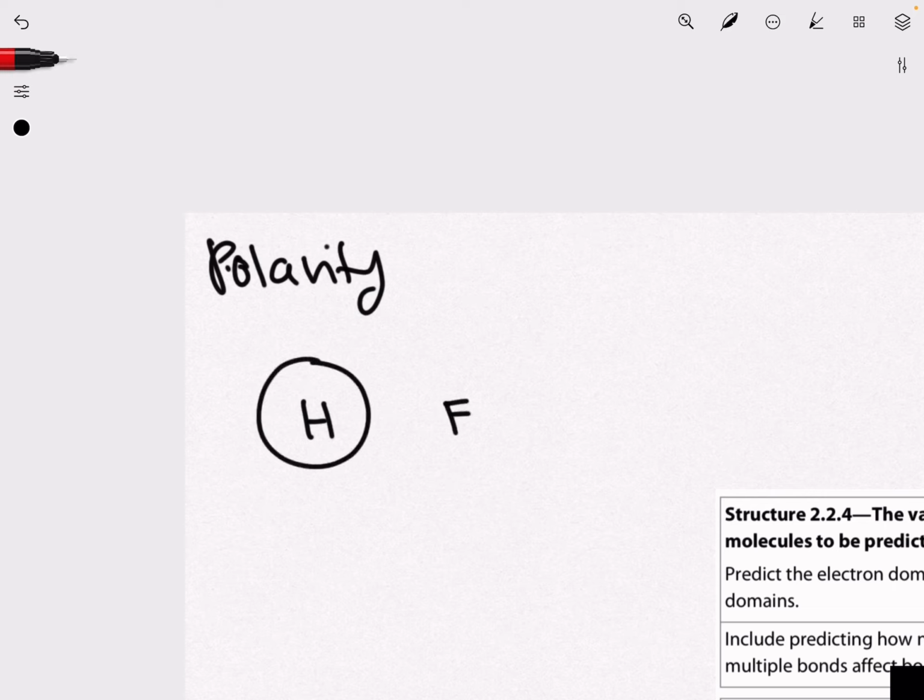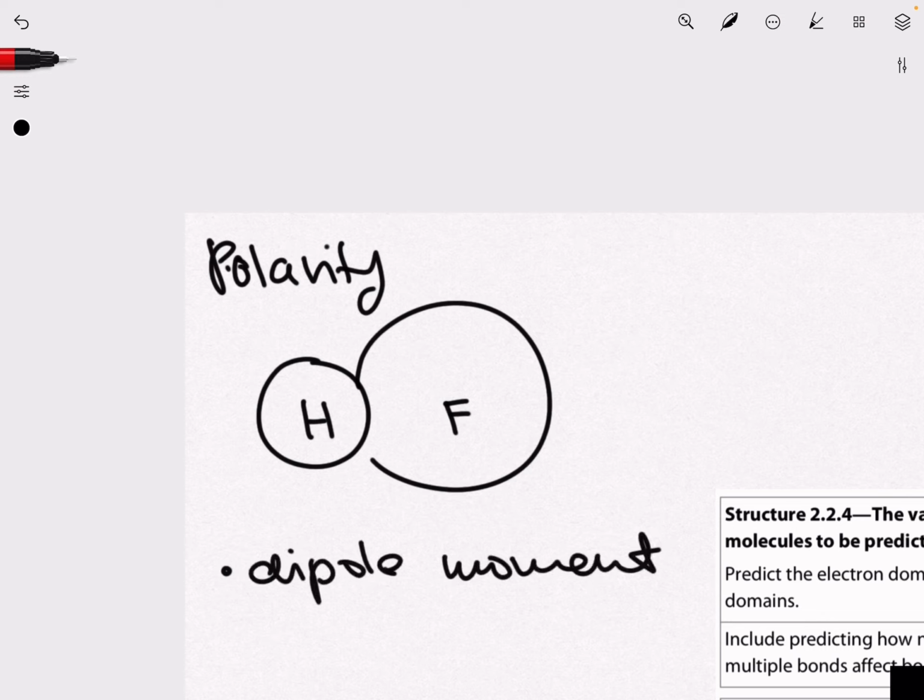Let's do a little diagram here to show the general shape of their outer shells. So hydrogen here, we have it bonded with fluorine, and essentially a bond will share an overall charge, and this is called a dipole moment, and this can be represented by